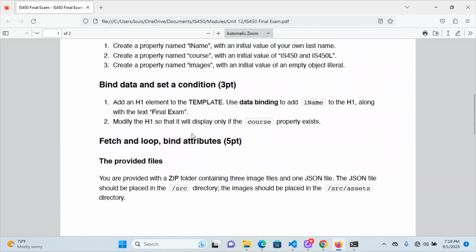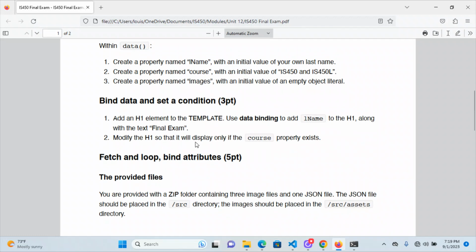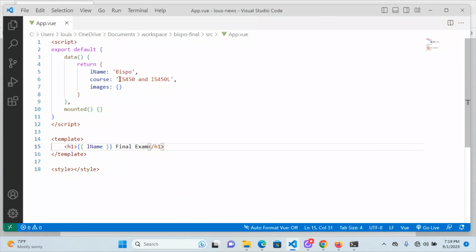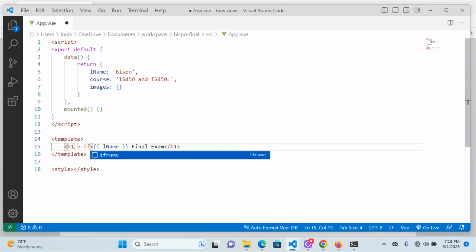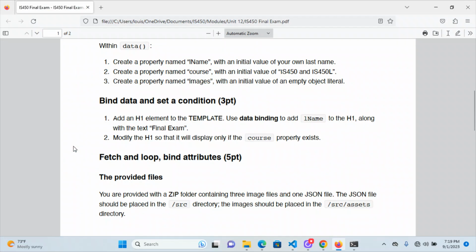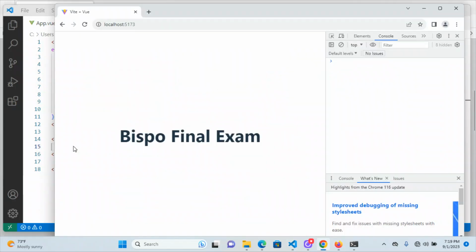The next one here, modify the H1 so it will display only if the course property exists. Course property is right here, and it does exist. It has a value. So let's go ahead and just in the H1, I'm going to do the if directive equals course. All right, so if I go back over here and test it, everything looks the same because course does